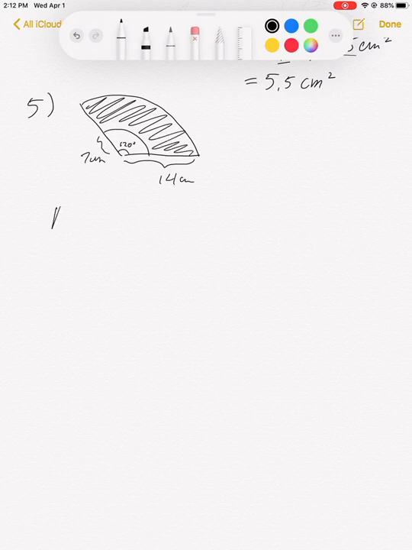Now the area of the shaded region will take a couple of steps to do. So I'm going to write down my formula as a plan. And I recommend that you do this as well on the homework so that you can keep things straight, and it'll also help me grade easier too. So the area of this shaded region is equal to